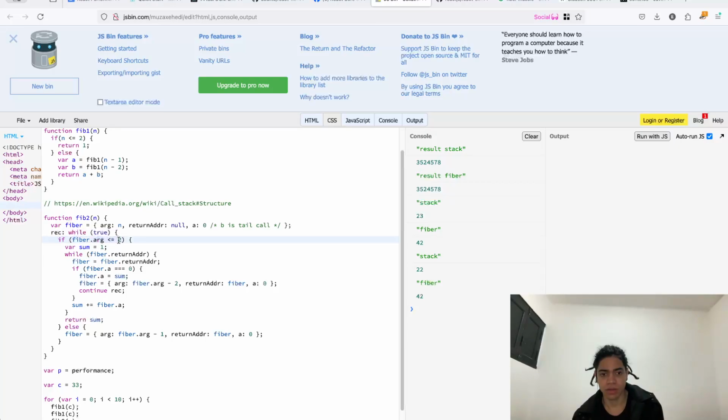If the argument is less than 2, you're going to define a variable sum to store that information, while the fiber return added exists, the fiber will return the address. If the fiber.a is equal to 0, then you're going to sum that, and the fiber here is now this new object